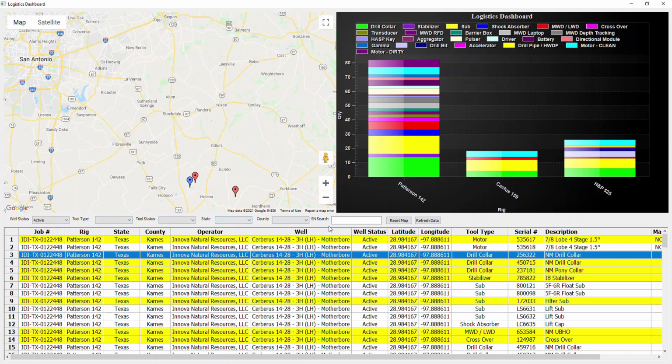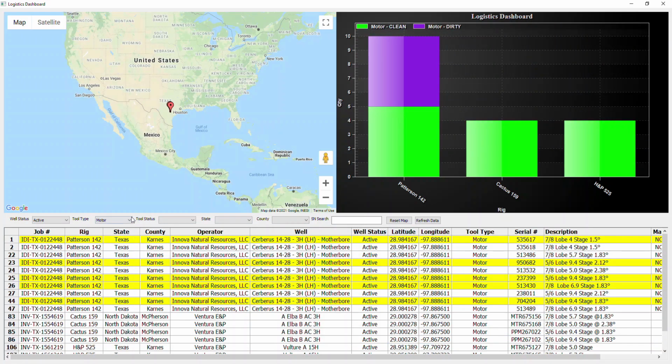We can also further filter this based on the tool type, the well status, the state and the county, and also a serial number search as well. So if we were to search, for example, for motors, when we select the motors, it will filter our list that we have at the bottom of the dialog. It will update these graphs so that they show only the motors on any given rig. So again, here we can see we have 10 motors on the Pattison 142, 5 are clean, 5 are dirty, and we have 4 on our other 2. And it will